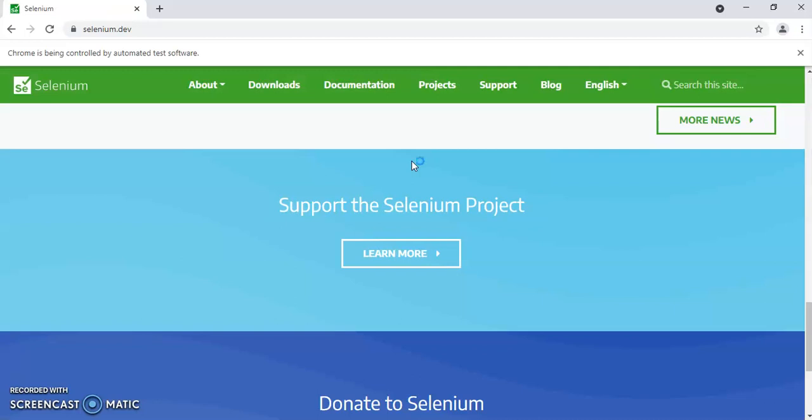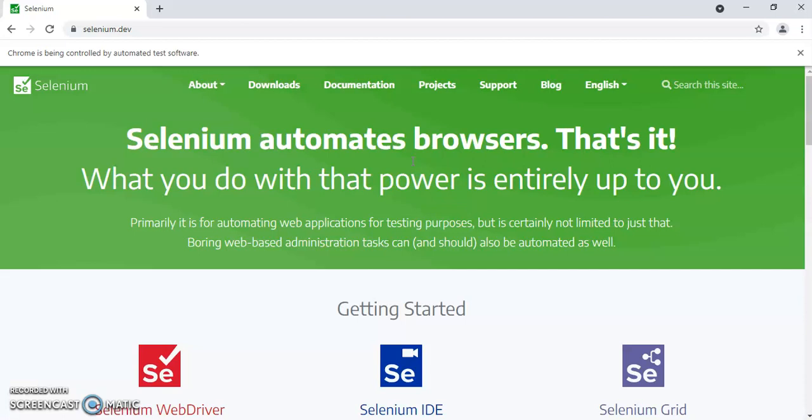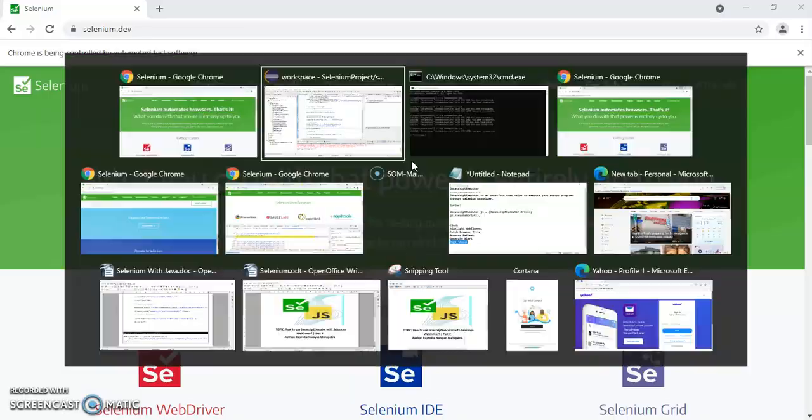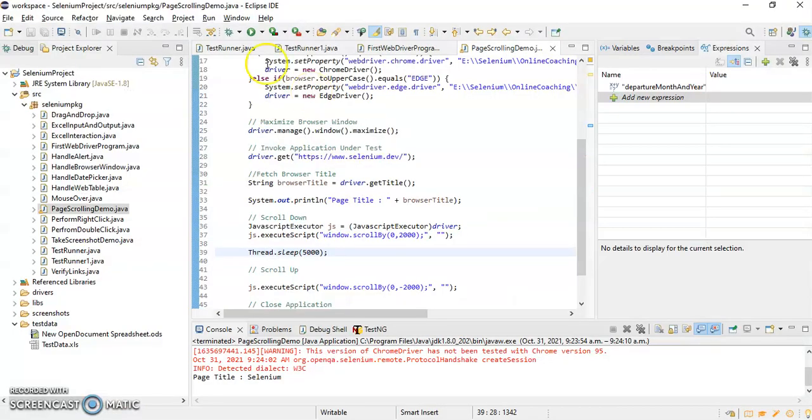Okay, so it came downward. Again, it went upward. So this is how we can scroll our page in both downward and upward directions.